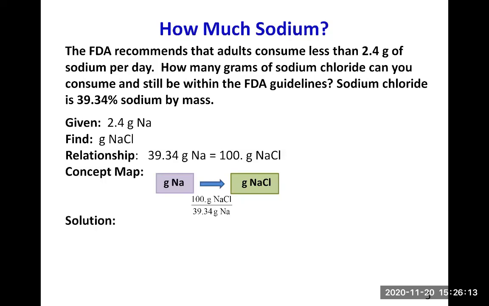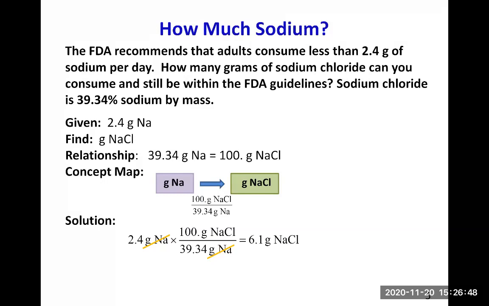So the solution is you take the given amount of 2.4 grams of sodium, that's in the numerator, and you multiply by the conversion factor. It's written such that you can cancel the grams of sodium, and you're left with grams of sodium chloride, which is what you want to find. In the calculator, you do 2.4 times 100 divided by 39.34. And the calculator answer is